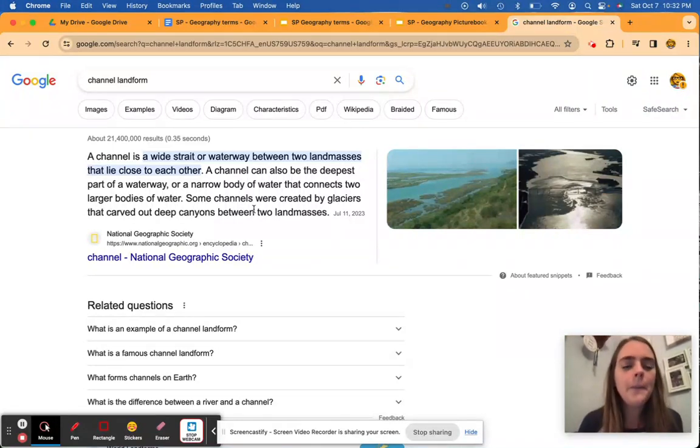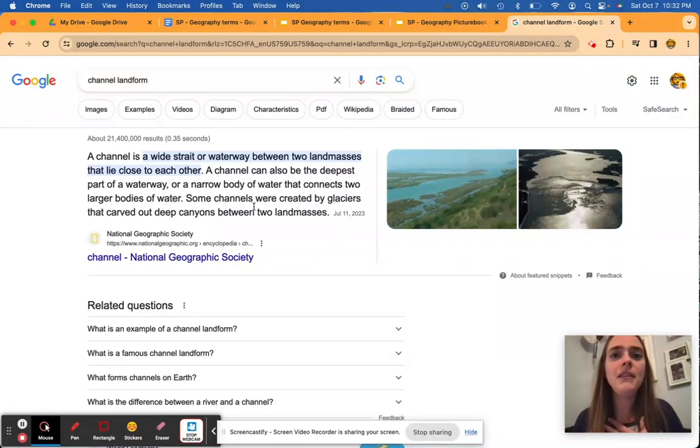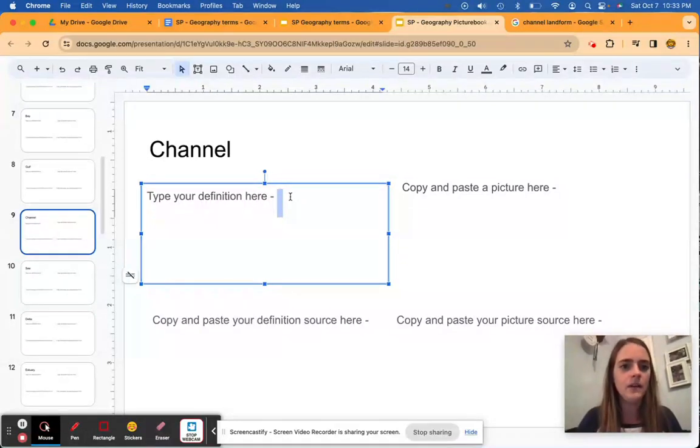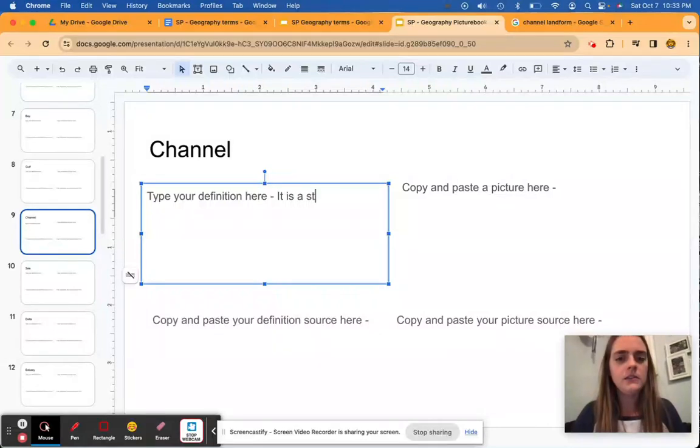Okay, so remember, my method of writing stuff in my own words is I'm not going to look at that again. I'm just going to go right back to the slide and type in my own words what a channel is, right? So I'm going to say it is a strip of water in between two pieces of land.